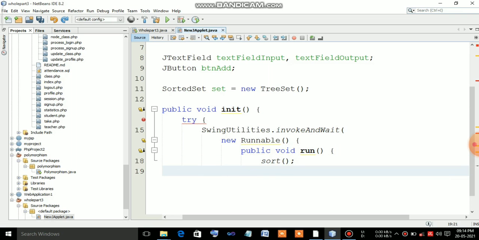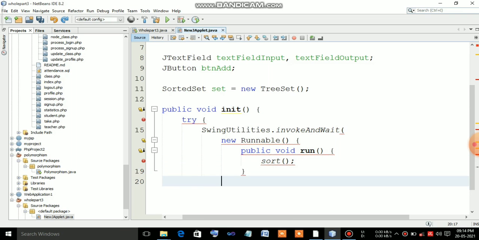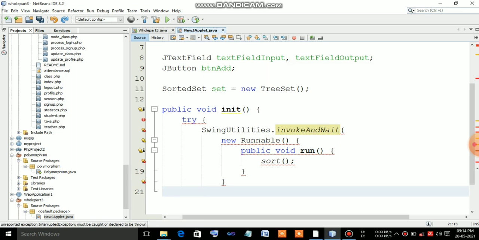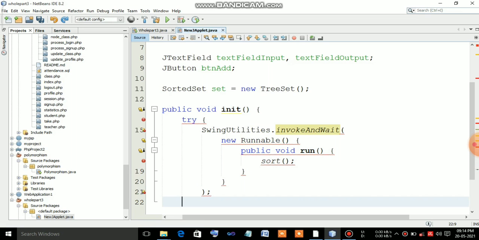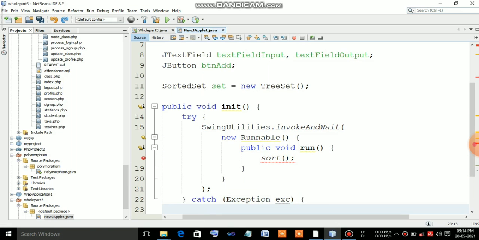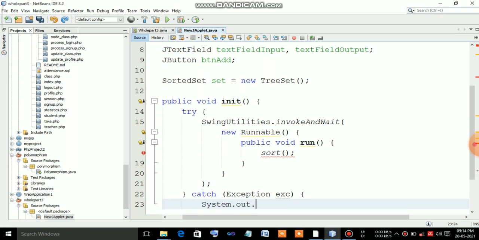Sort is a function which is used for sorting those elements. And next, catch is exception handling. Here we are using try and catch. Catch is an exception handling. And next, System.out.println, which is used for output. System.out.println "can't create because of exe", if an exception occurs. We have to print like that. Whatever we want we have to print, but I have taken it like this, and it will be stored in exe.